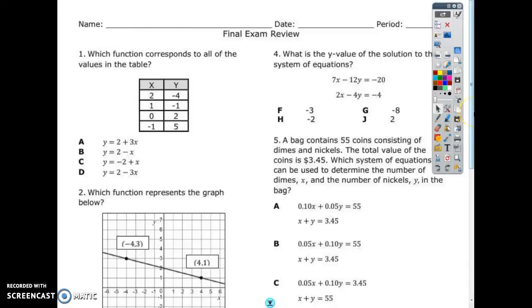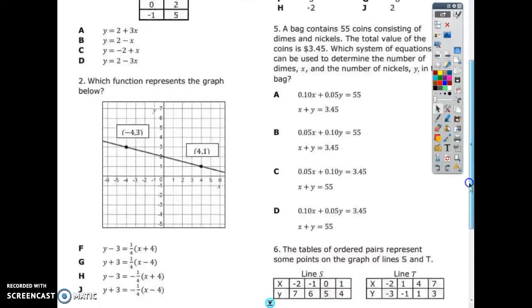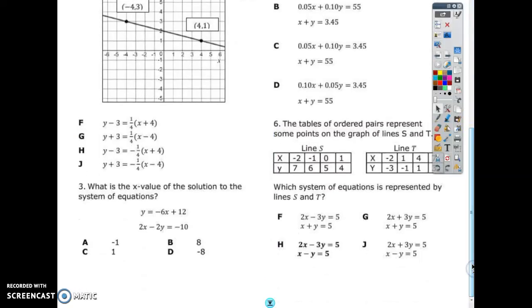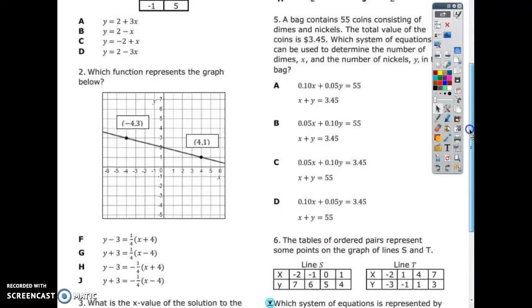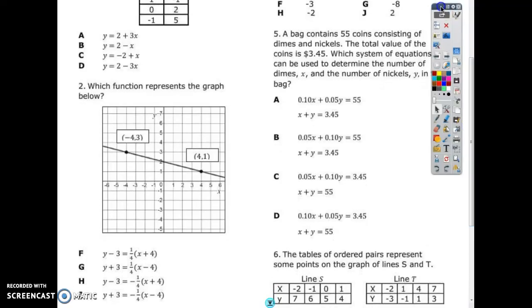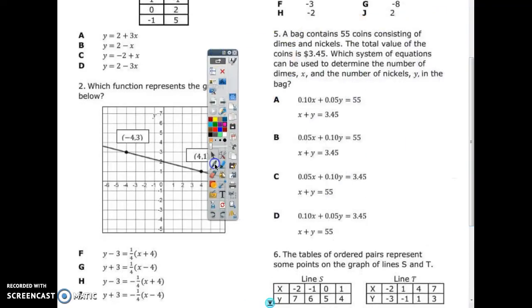Okay, so I'm just going to skip around in these review videos. I'm doing problem number 5 from the first page right now. It's just getting some keywords and picking an equation that works with it. And if you notice, we're talking about money. So one of the equations has to deal with just money, which is money plus money equals money. And it says that it equals 3.45,